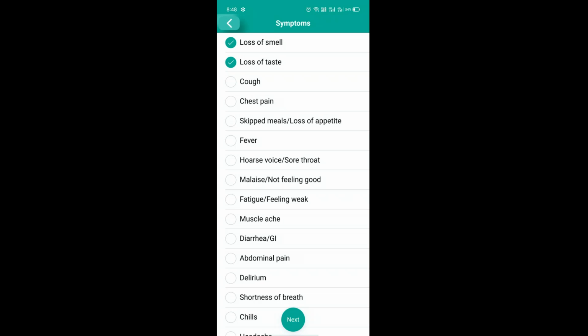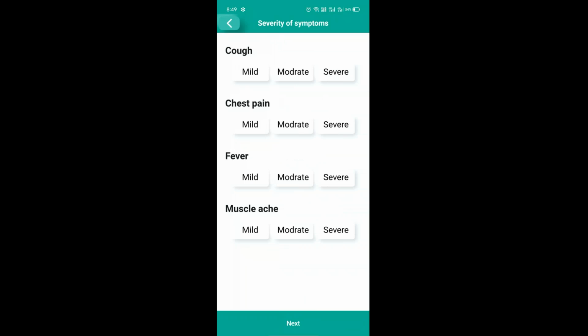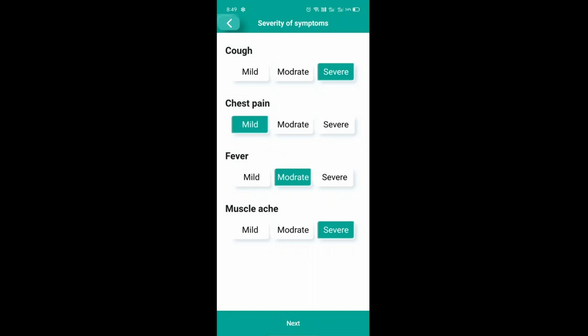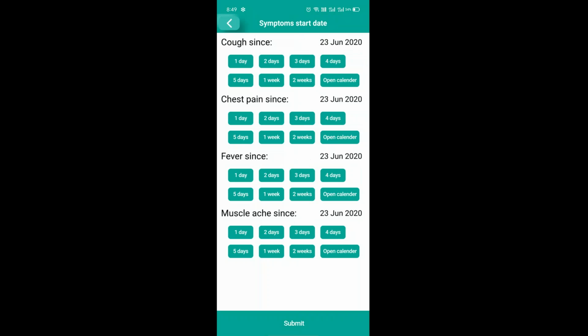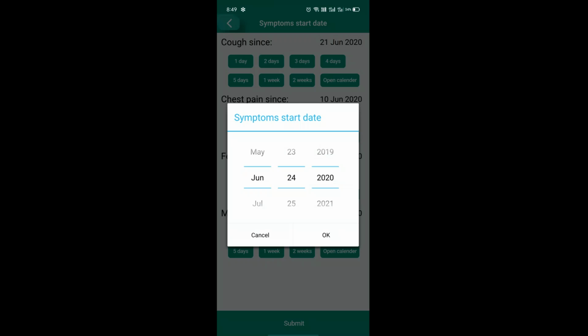So our risk score is a weighted risk score. So suppose you are not feeling well 10 days back. That symptom report will not have as high a weightage compared to today's report. So there's a lot of calculations going in for each of these things. So you report your symptoms, you say how you're feeling, mild, moderate, severe, and then you kind of go from there. And then if you're going in for the first time, you would also like to know since when you were not feeling well. So we can go ahead and pick a date since when your symptoms started.